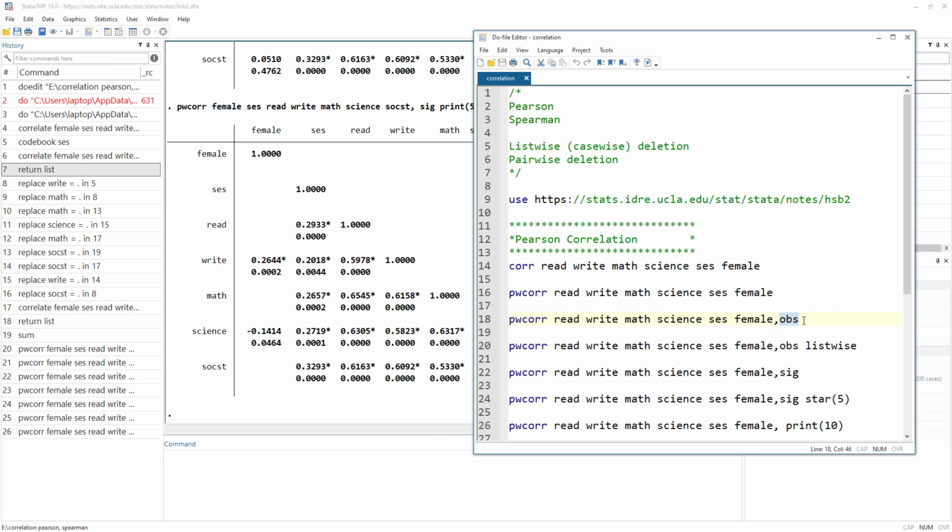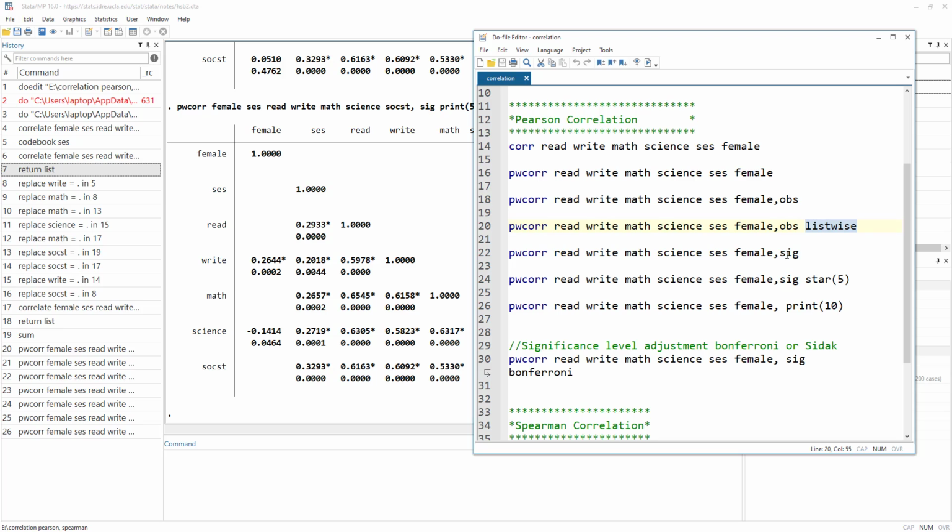And if we wanted to use the code, then for observations we would use obs. For listwise deletion, we would use listwise. For having p-values, we would use sig, which stands for significance. To have asterisks, we would use star and the level of significance, and to get only the significant values, we would use the print command. And lastly,